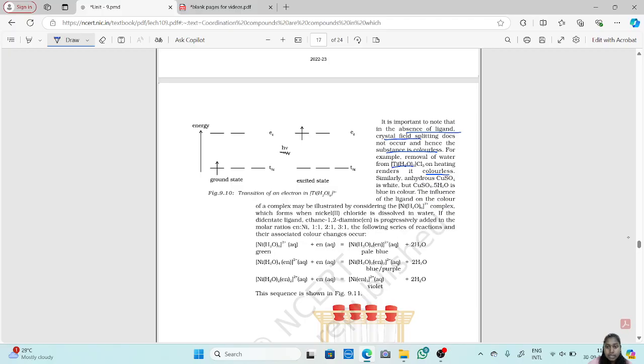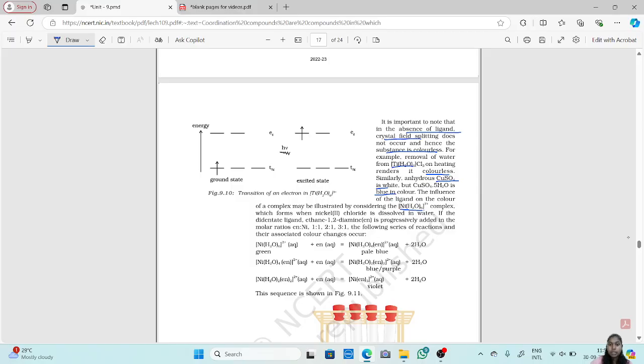Now, this [Ti(H2O)6] is violet in color. If I heat this compound, what will happen? The water will be gone because here the main ligand is water. If water is removed, it will become colorless. Similarly, anhydrous copper sulfate is white in color, but the moment I add water to it, it turns blue in color. Now, the influence of ligand on the color of a complex may be illustrated by considering the